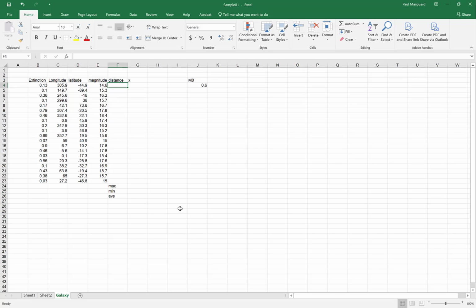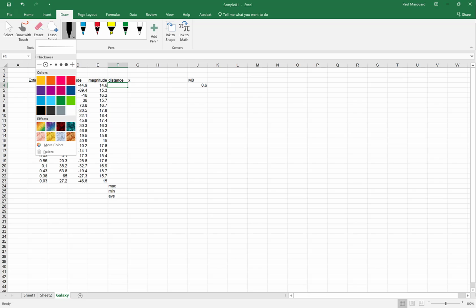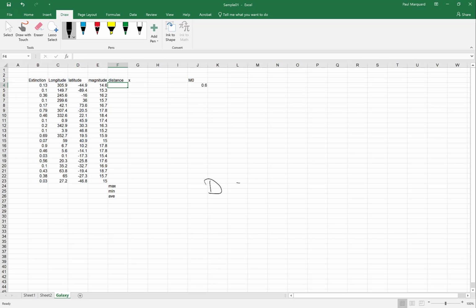Okay, so what we have here is a list of objects. I didn't bring in the names of the objects, but they're objects that are a distance from the Earth. And the way I find that distance, I use the magnitude of the object, that's its brightness, and then a measure called the extinction. So the equation for the distance, d, is